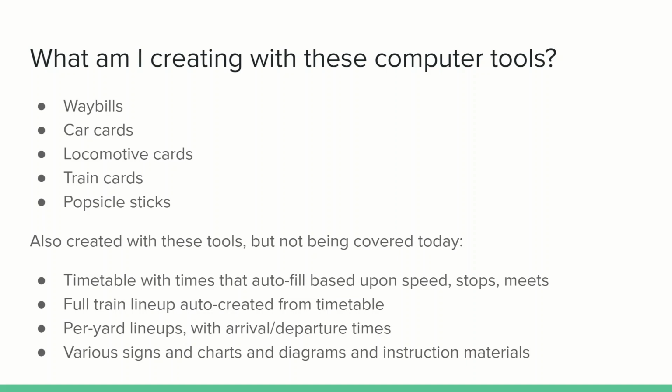I create cards for each train that is being made up and run, as well as something I'll call popsicle sticks, and that I'll describe elsewhere in here. Other things I do create with these same sets of kind of free Google tools, but that I don't cover here today, is the timetable that I use, where I'm using the capabilities to have essentially all of the times